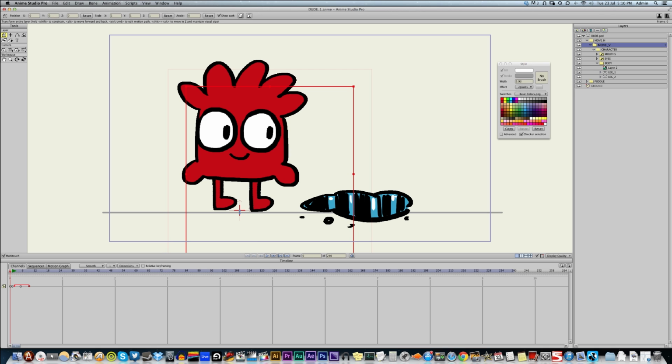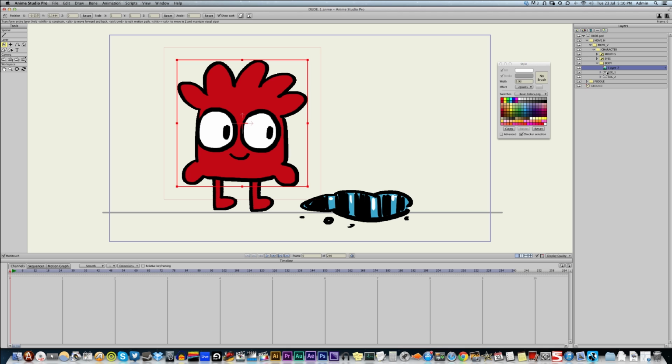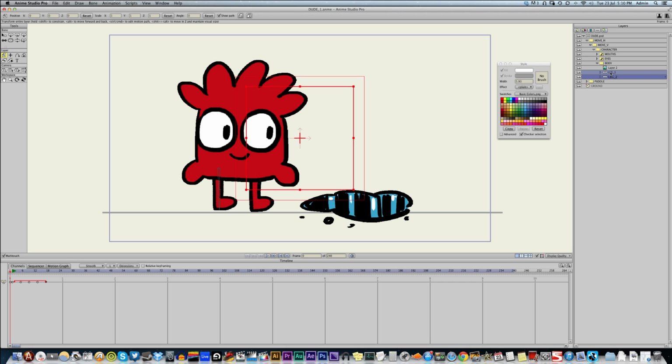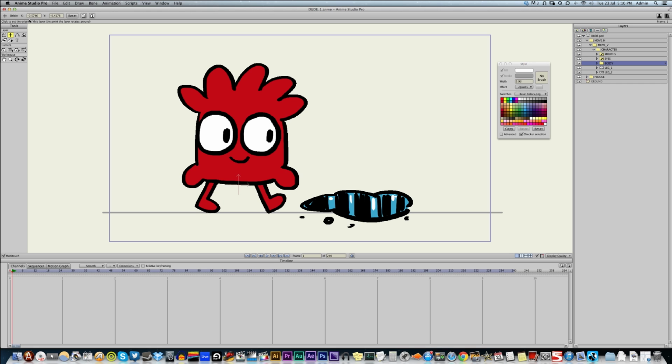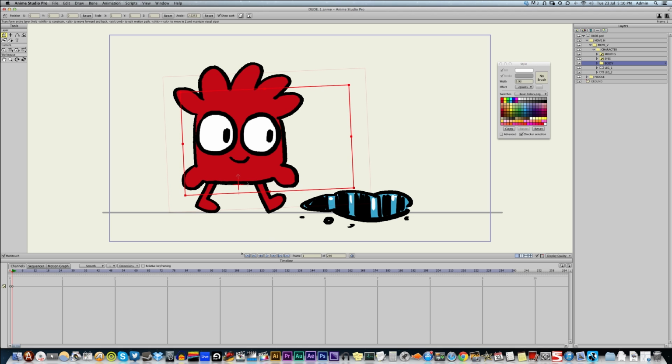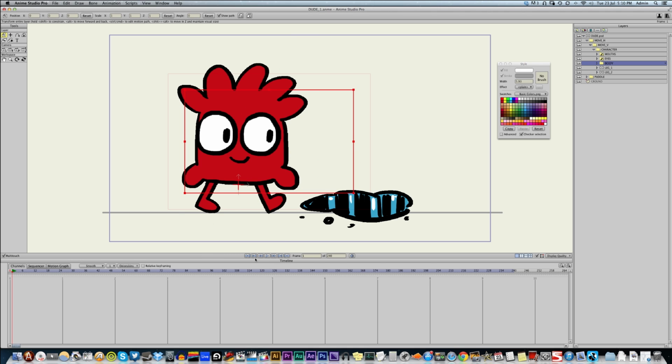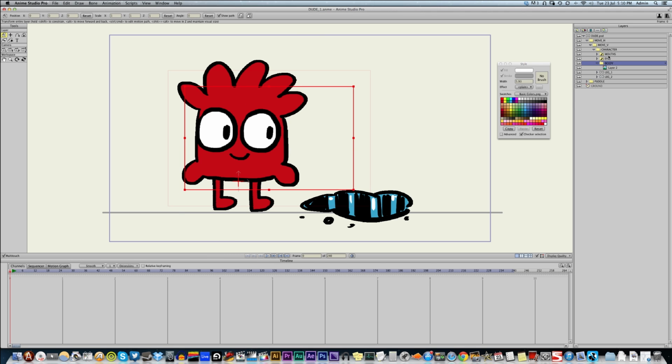Okay, I am also going to do this. I'm going to take his legs out of the body group. So the body's independent now, and I'm going to put the origin of the body here. So while he's walking, I want the body to go backwards and forwards. And as you can see, if I'm moving that, his eyes and mouth are not, which is not what we want. So let's move the mouth and eyes into the body group,